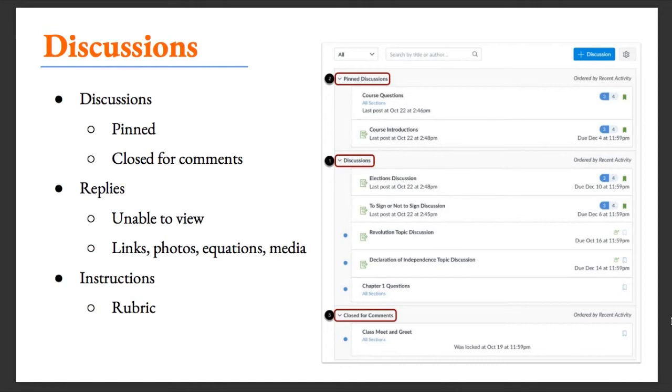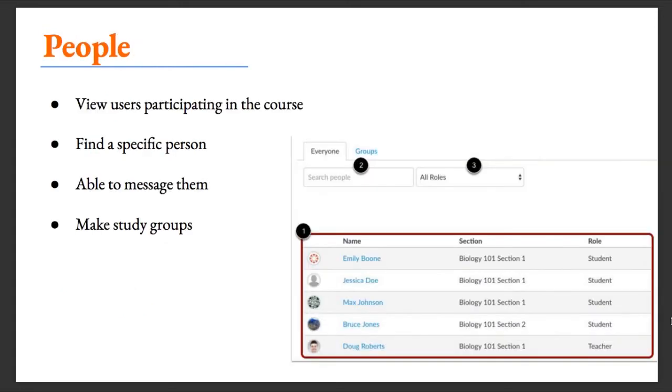Oftentimes for online classes, your professor will have specific instructions or a rubric for how they want your discussion posts to be formatted. So it's super important to also take a look at that to make sure you are formatting your posts correctly. Another tab you will have on your Canvas course is People, and this is a really cool